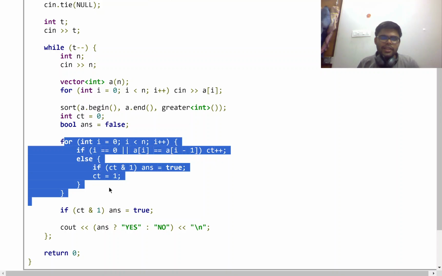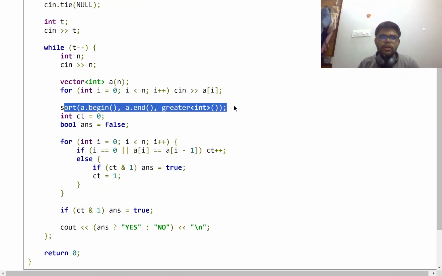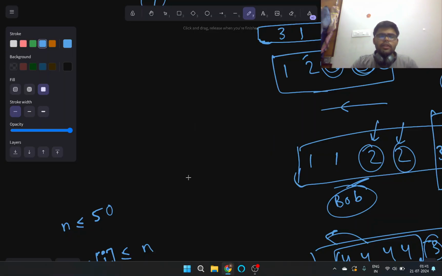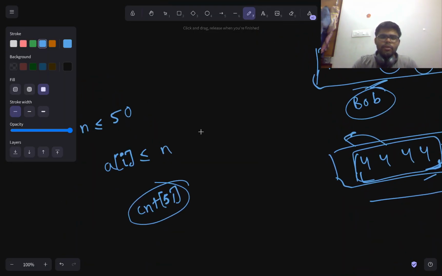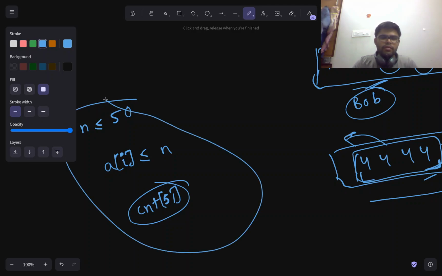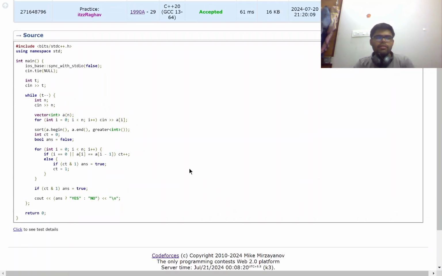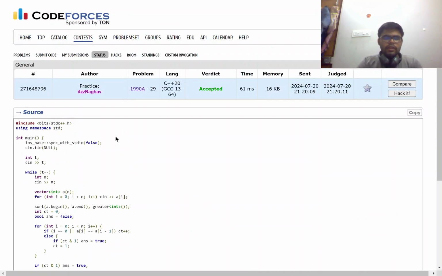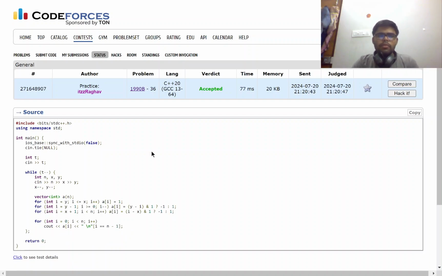The time complexity here is just big O of n log n because I have been sorting. So it could have been done in better time complexity, but it does not really matter. The way of doing it in a better time complexity could have been one where we are not really required to sort the array. So let's move on to the second problem,